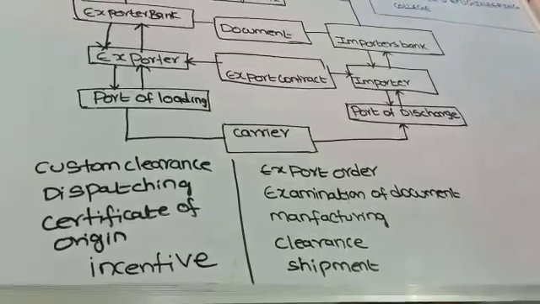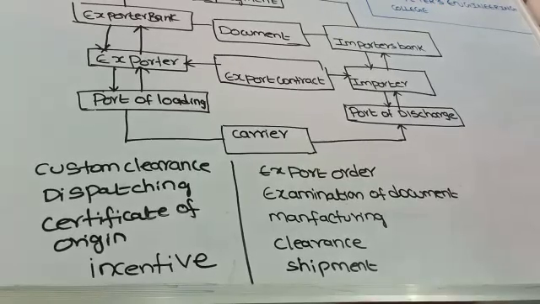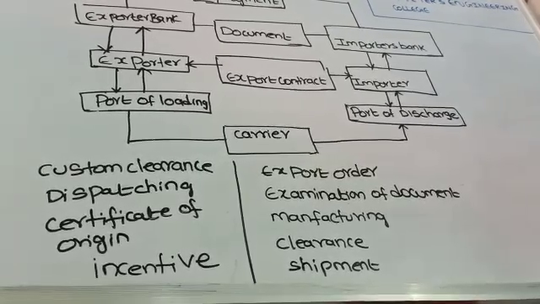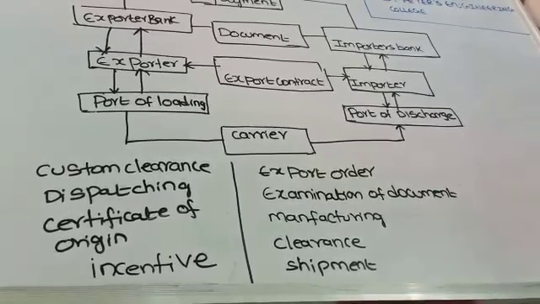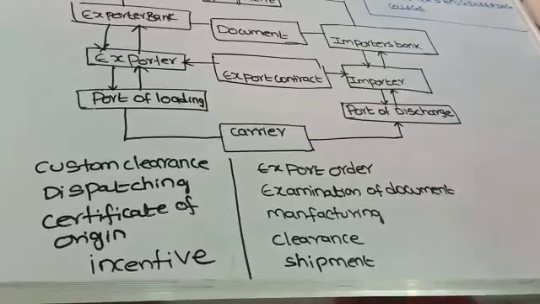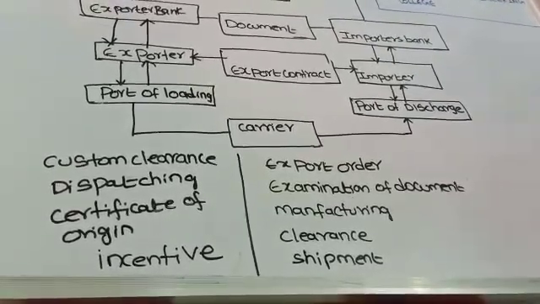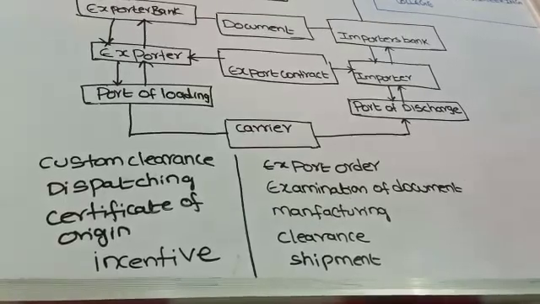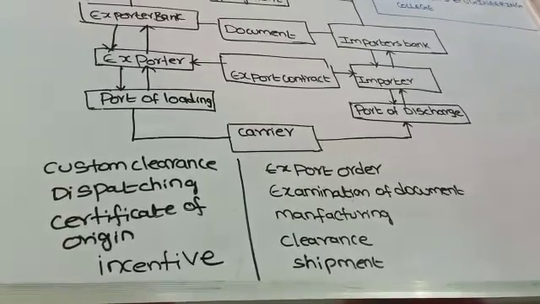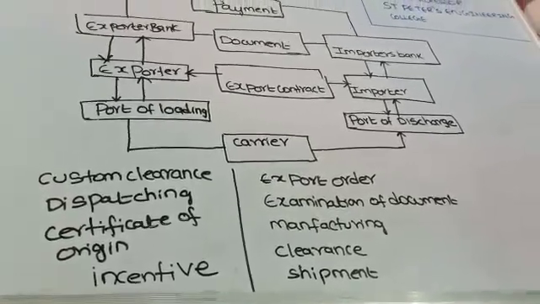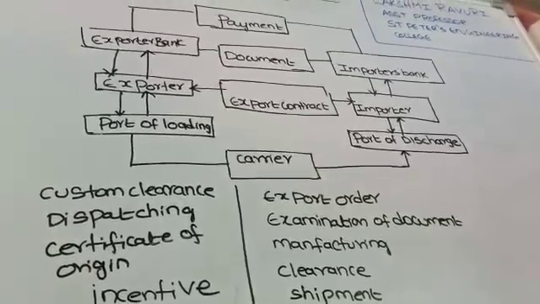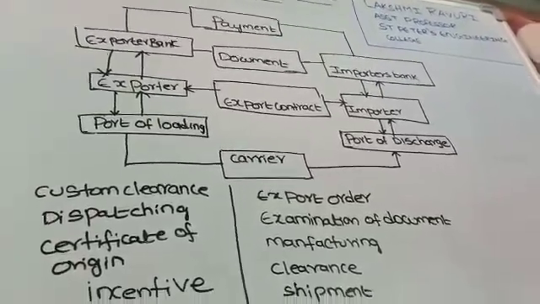Next, it should be dispatched. Before dispatching, it needs to be checked, whether it is a quality check or a drug check, and everything needs to be checked. Before loading also we need to check them all. In between, in the carrier, there may be damage, right? So they need to be checked. The quality and all we need to check. This is one example.